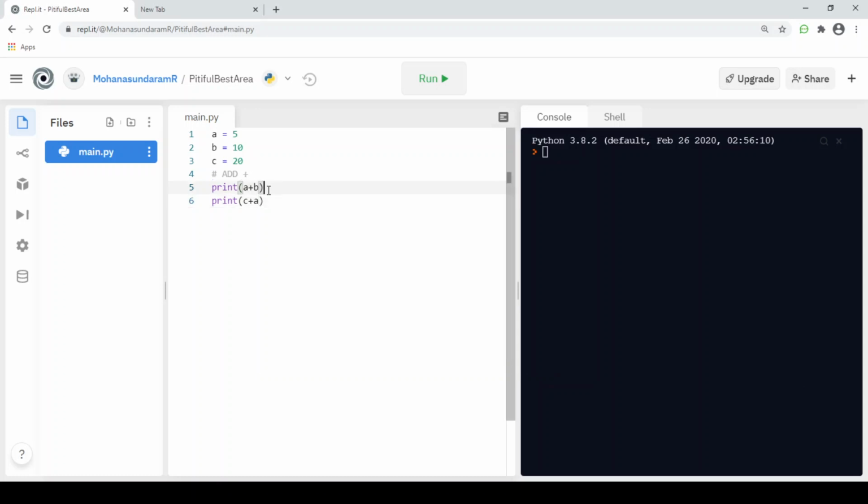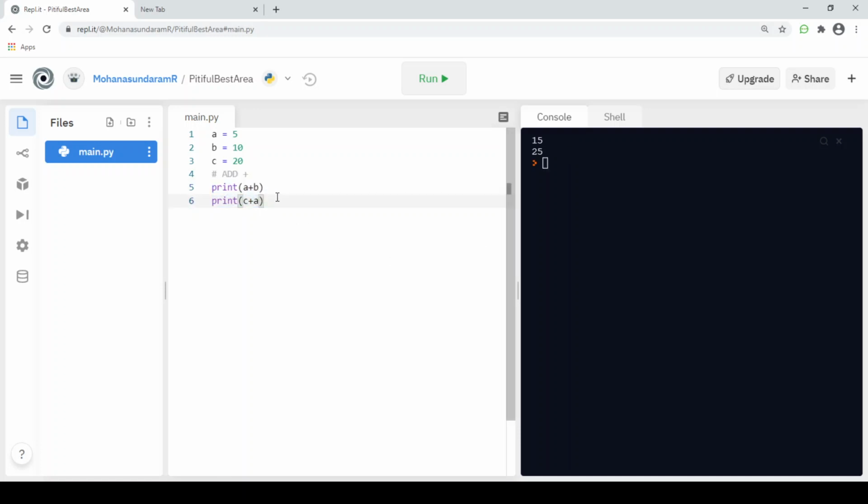This is the example of an addition operator, denoted using a plus sign, like a plus b and c plus a. You see that a plus b is 15 and a plus c is 25. We got the correct output over here. This is an addition operator.